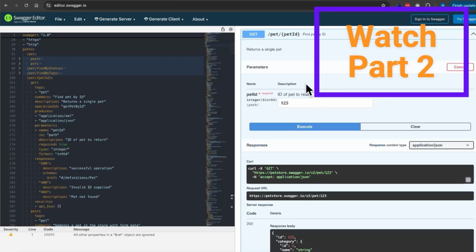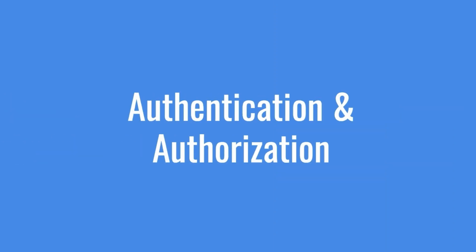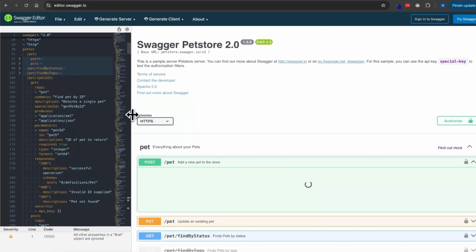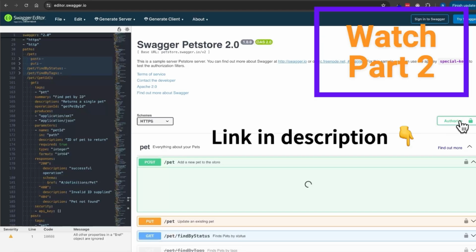Now authentication. Authentication is something very important when you are dealing with protected servers or your virtual private servers. They provide you various types of authentication: OAuth 2, basic auth,